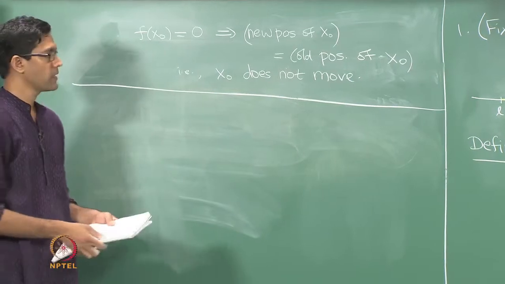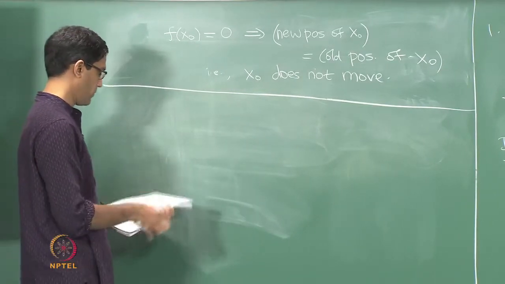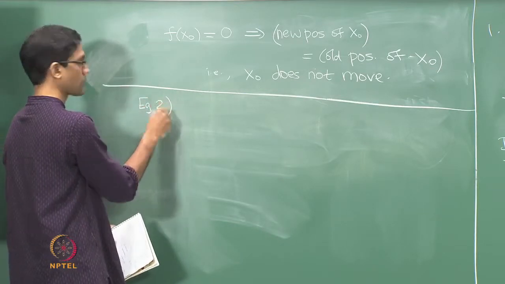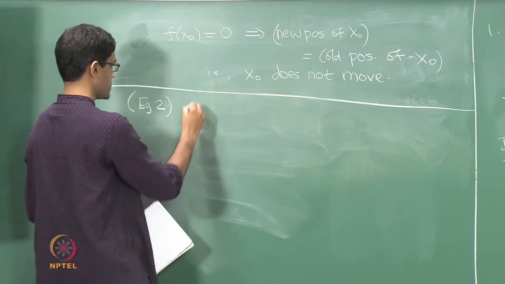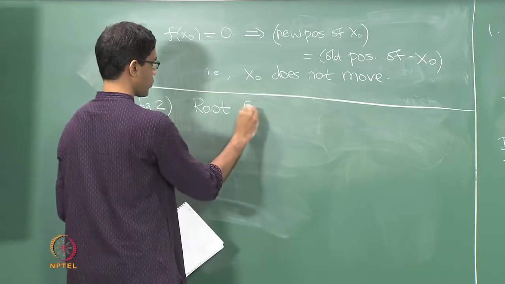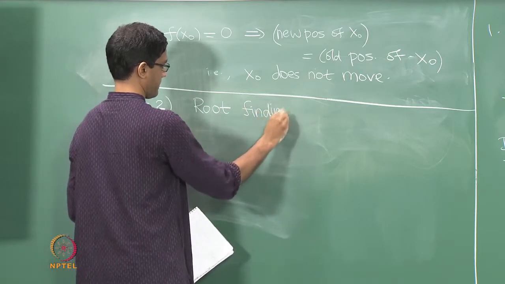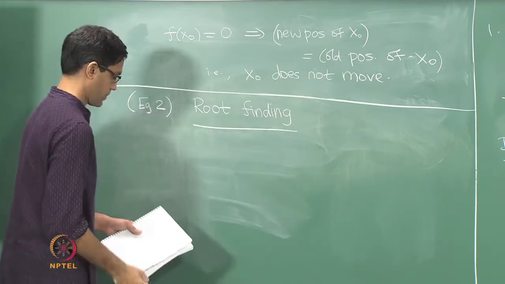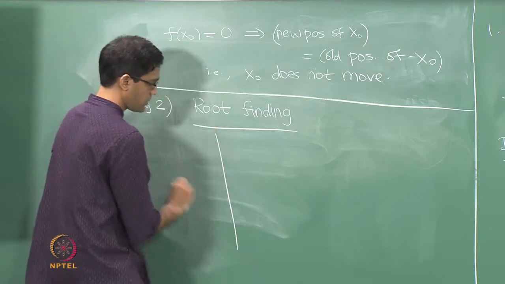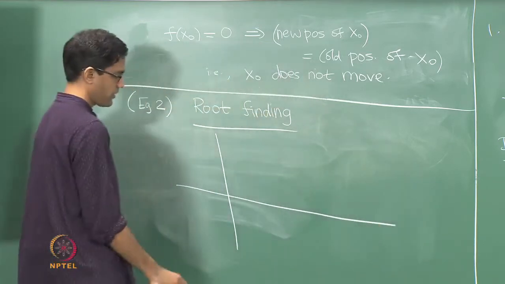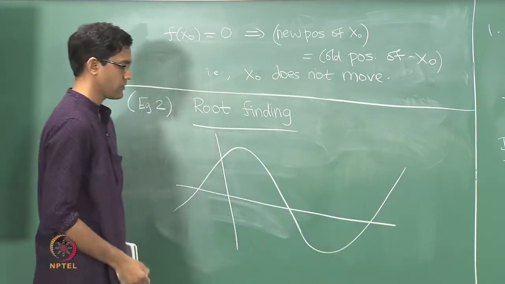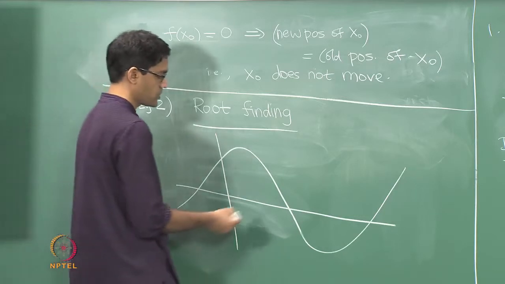It turns out to just be an application of the intermediate value property. Now here's example 2, and this is sometimes what's called the process of finding roots. So root finding. Now of course it's a special case of root finding. So what does a root mean? So suppose I have a function f. A root of course is a value of x at which the function takes the value 0. It's a point at which it cuts the x axis.